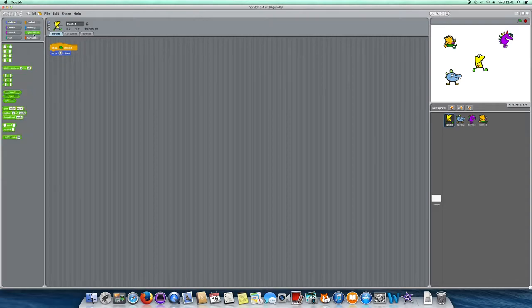So on this one we're going to use an operator, and we're just going to do random steps. So if we do something like, you can adjust this to how you want it, game player, but for this project, we'll just put in 25 to 45, so he'll move randomly between 25 and 45